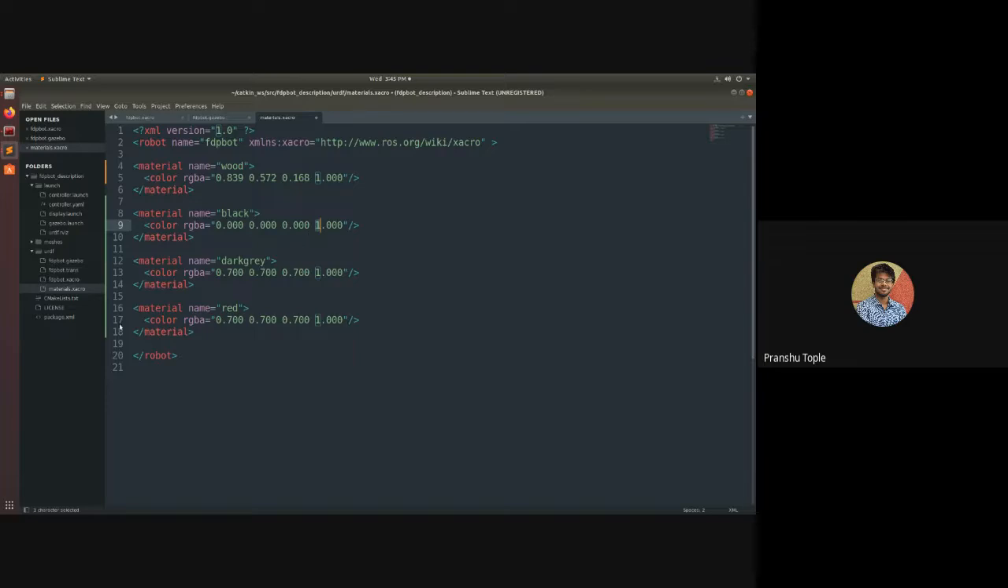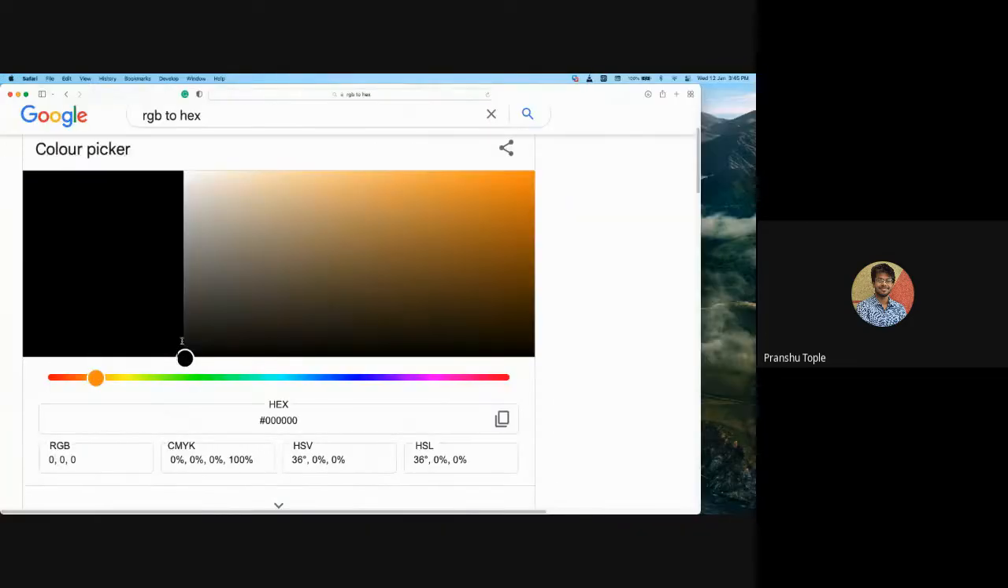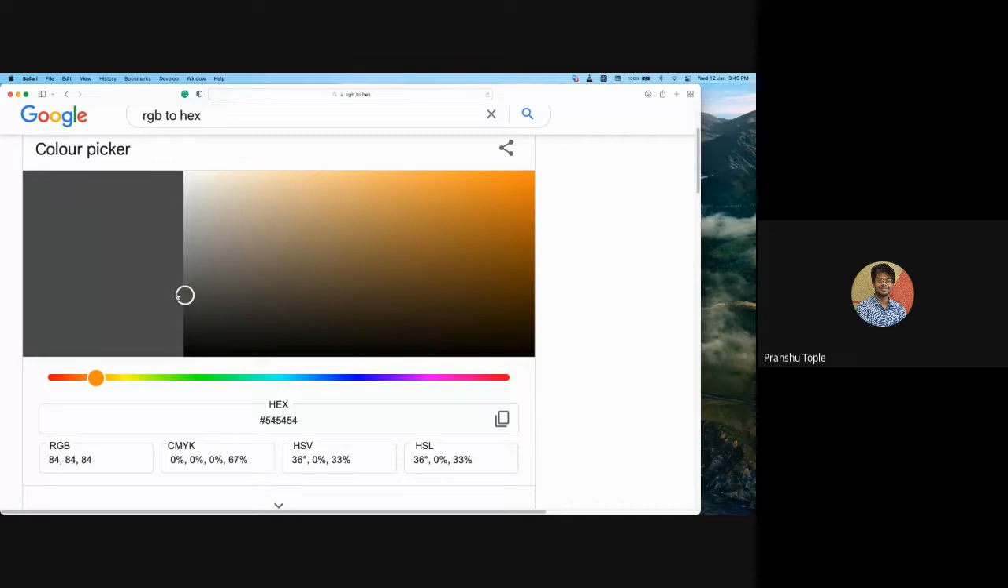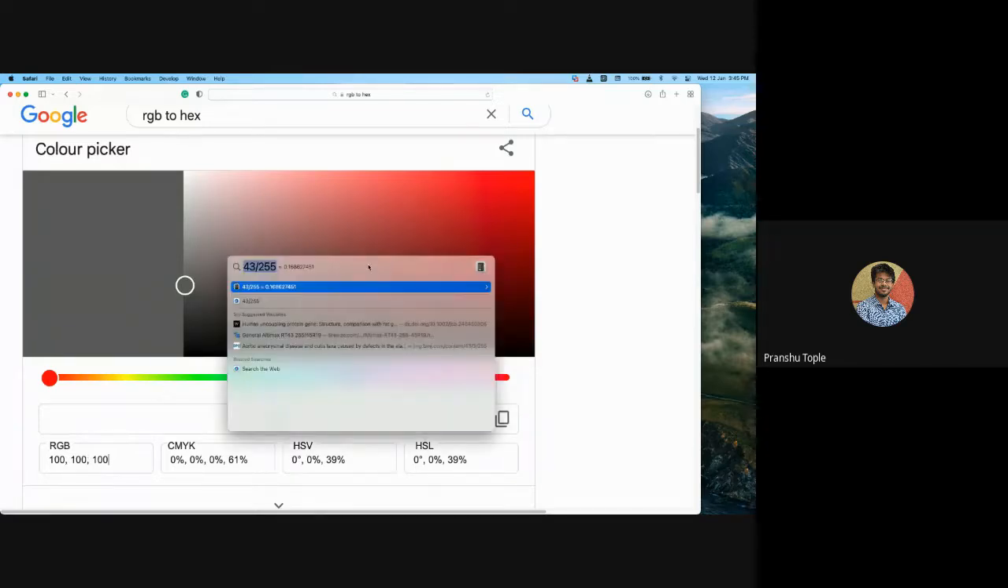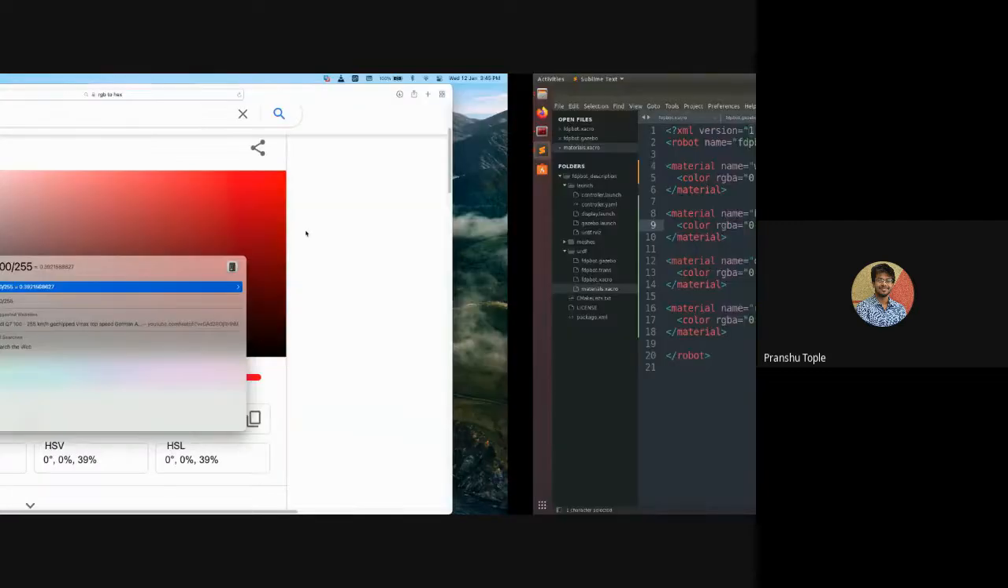Okay, next is dark gray. Let's find a good dark gray color for our motors. I guess this is a good color. Here everything is 99, 99, 99. Let's make it 100 just to look good. So if I do 100 divided by 255, the answer will be 0.392. So for dark gray,